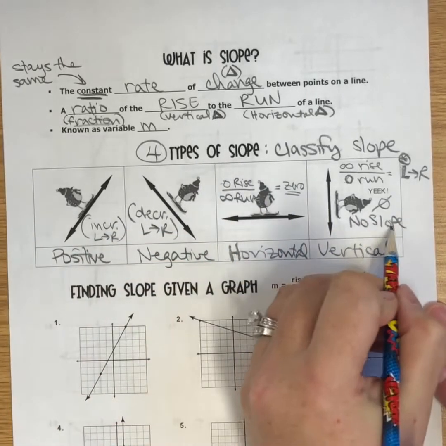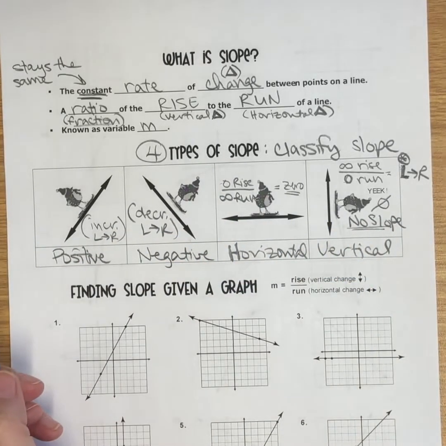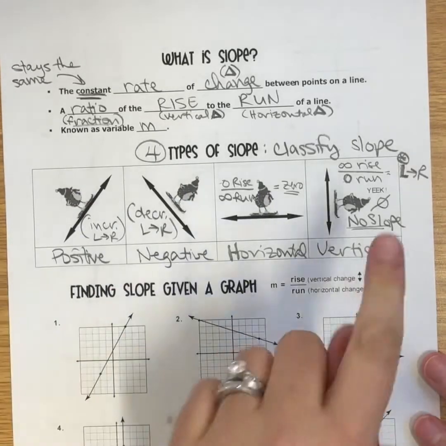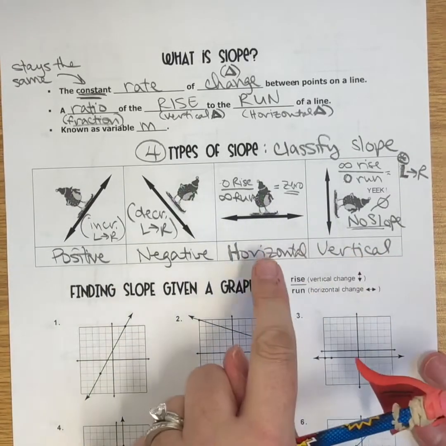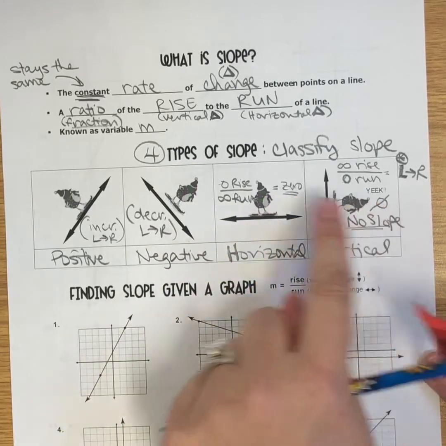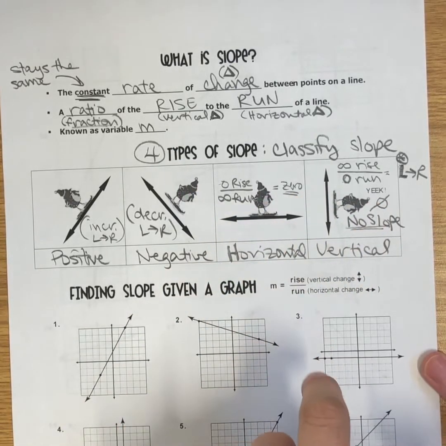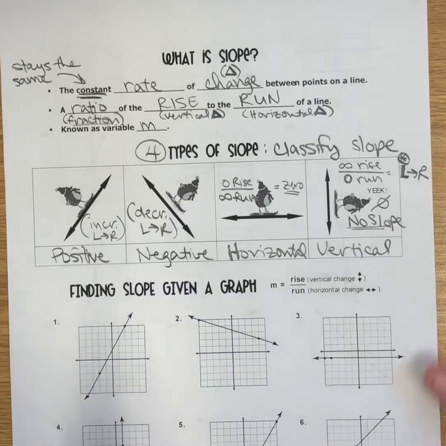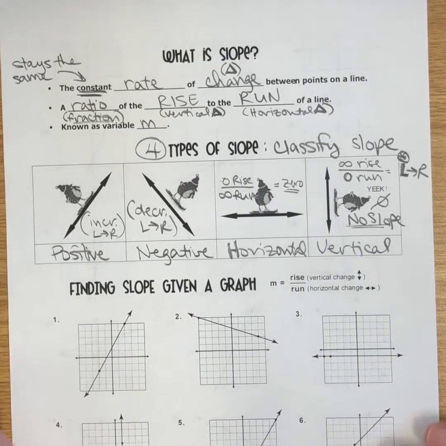Okay? And we're going to talk about that some more. Like I said, there's an acronym for vertical lines and there's an acronym for horizontal lines that help you remember which slope is which so you don't get them confused, and how to write their equations, which we're going to get to in the next few lessons. All right, so